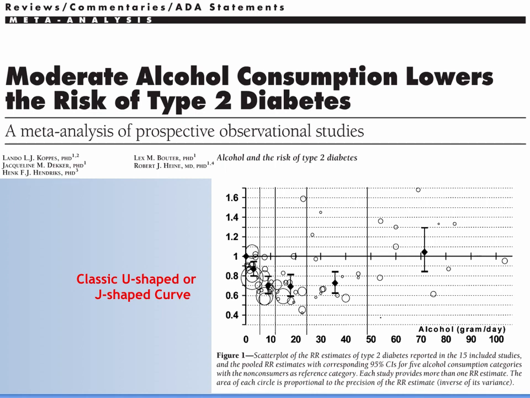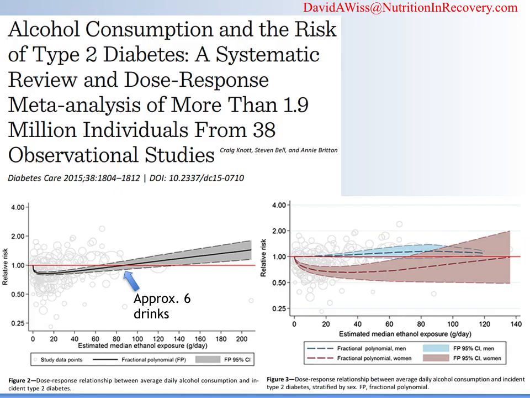Now, interestingly, there are reports that alcohol consumption actually lowers the risk of type 2 diabetes. This is a classic U-shaped or J-shaped curve, which means that as people start to drink moderately, there is a decreased risk, but once they start drinking heavily, the risk for type 2 diabetes goes up. So one might start to wonder, what is it about alcohol that could decrease the risk of diabetes? Is it the alcohol itself, or is it people who drink?